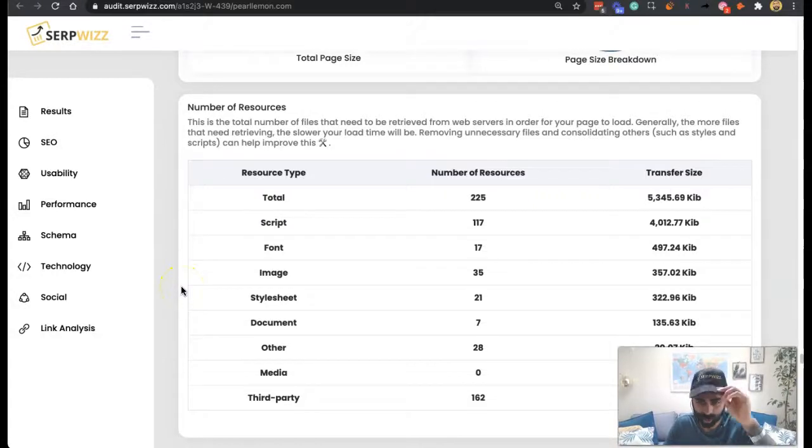My name is Deepak Shukla, founder here at SERPWizz, and today we're going to go through the number of resources that your page needs, or ultimately the browser needs to retrieve from your web server for the page to